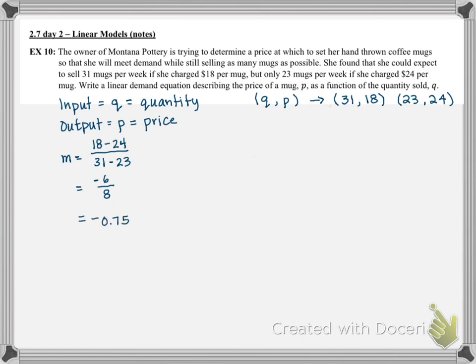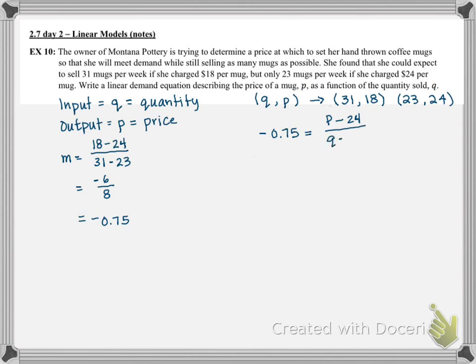I'm going to go ahead and write that as a decimal because we're talking about money, and also because the decimal ends. It's not a repeating decimal, so I don't have to round in order to write it as a decimal. So then we have negative 0.75 equals P minus 24